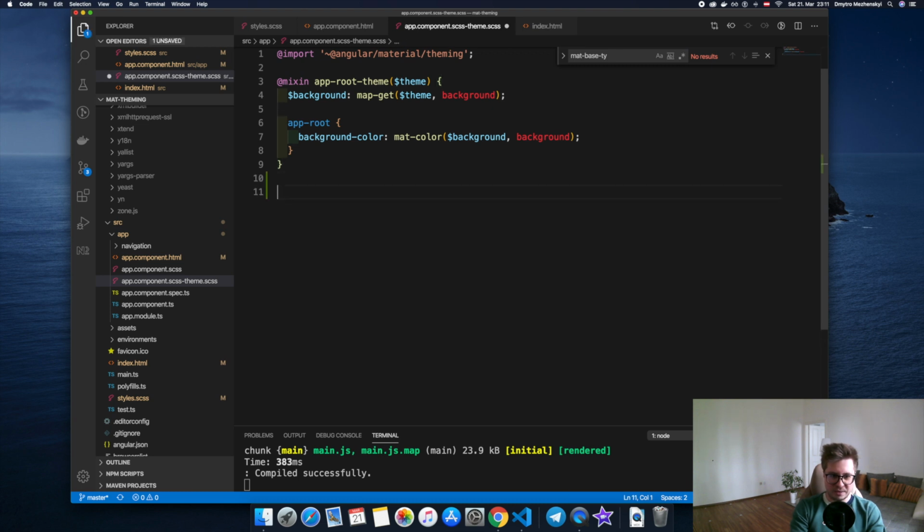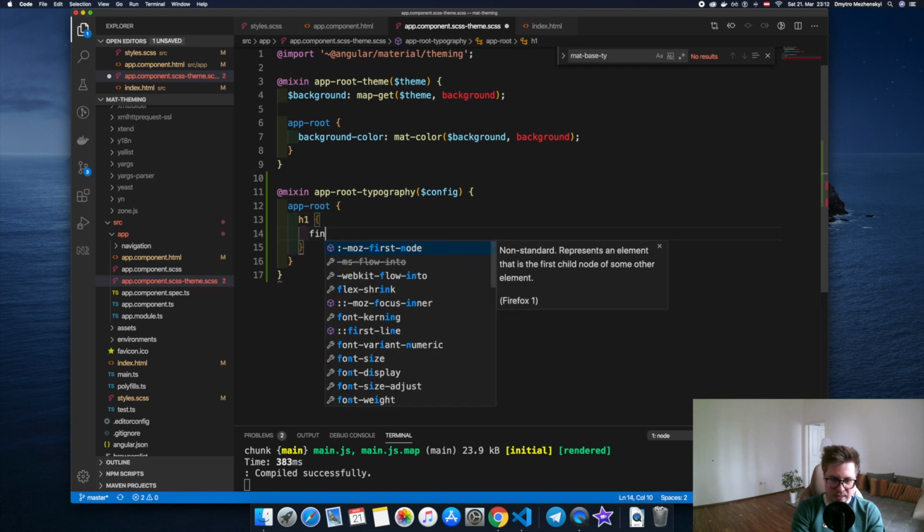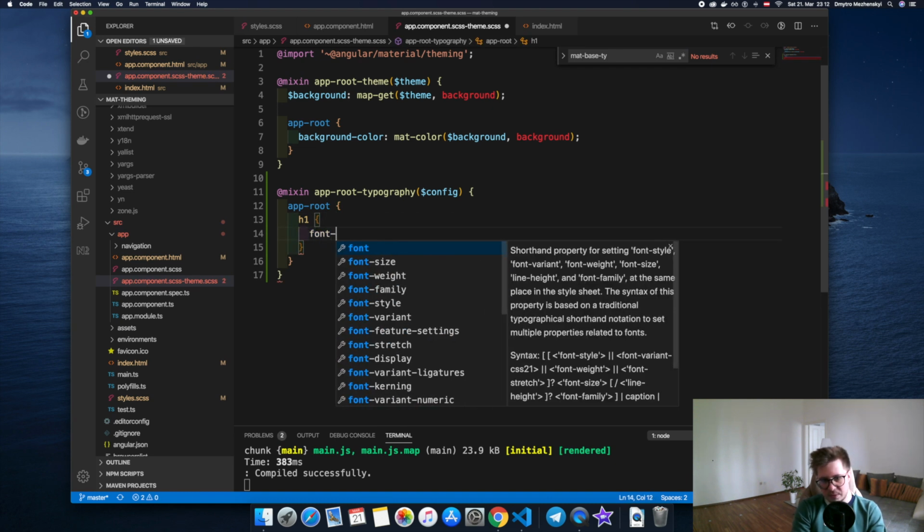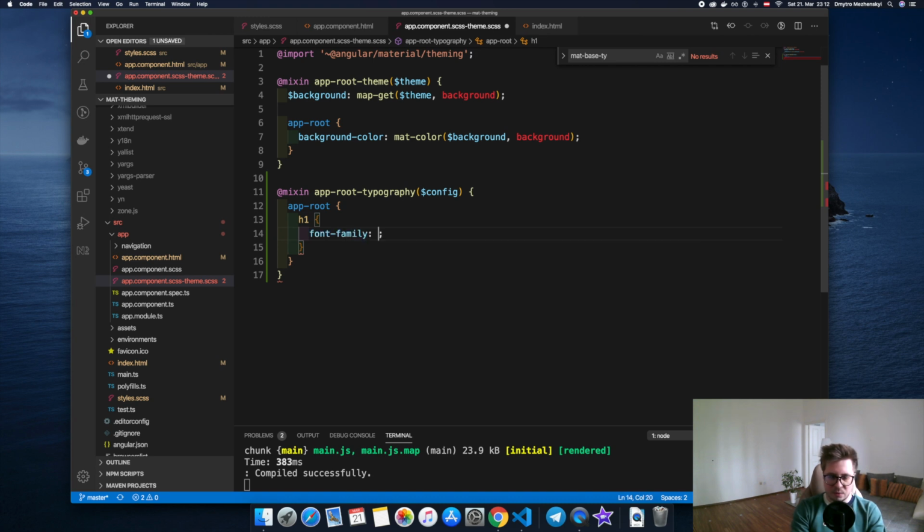And create a mixin, which is app-typography, which accepts config, and here inside we will type app-root, and inside h1, and here we will add font-family as example, and we will use also a helper from Angular Material called mat-font-family,